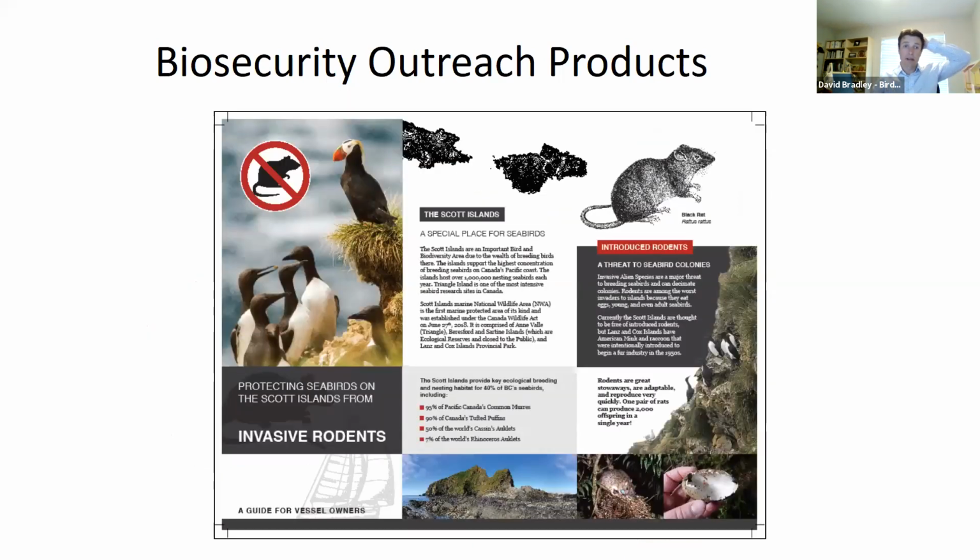We also produced a pamphlet as a guide to vessel owners, essentially preventing vessel owners from accidentally or even intentionally transporting invasive mammals, especially rats and house mice, between the ports on the mainland and those islands off the coast, the Scott Islands. So they might unintentionally carry a rat on their boat, so preventing them from doing so was really the goal